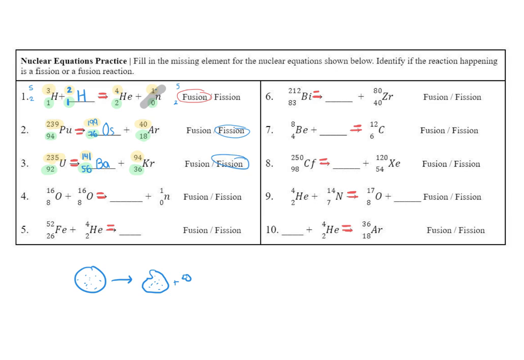This one looks tricky. We have a 16 plus a 16 equals some number plus 1. Well, on this side, 16 plus 16 gives me 32. And then that means whatever number I put here has to add to 1. So how about 31? Does that give me 32? Yep, 31 plus 1. Now my sides are equal.